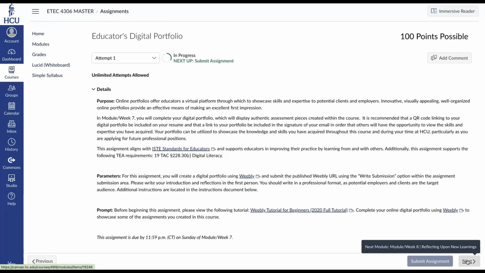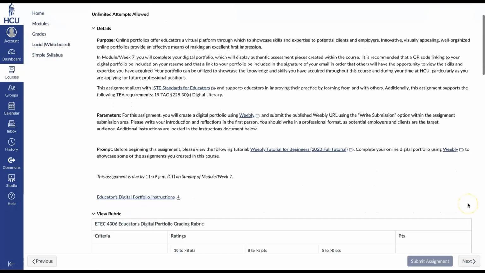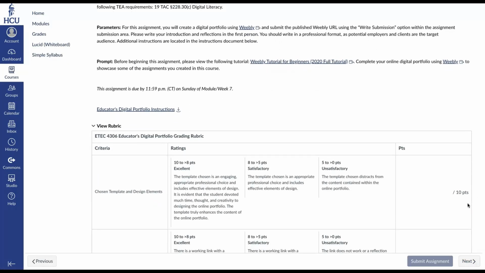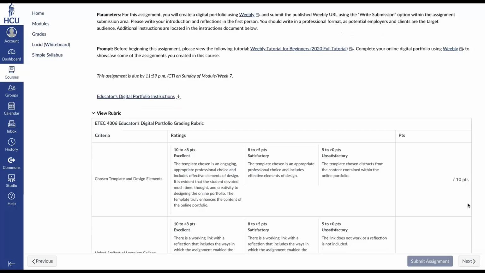Let's now look at your culminating assignment for the course, which is the Educator's Digital Portfolio. The very first week of the course, we discussed the importance of this portfolio as it can be utilized by you as you are seeking to obtain the job of your dream. In fact, in many instances over the years, I've seen that students truly set themselves apart as they are applying for jobs, as they are interviewing for jobs, because they have a portfolio that is stellar, that is unique, and that clearly displays the knowledge and skills they have accumulated throughout their time in the program.